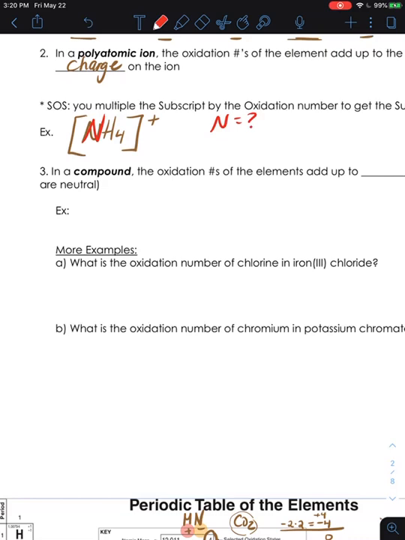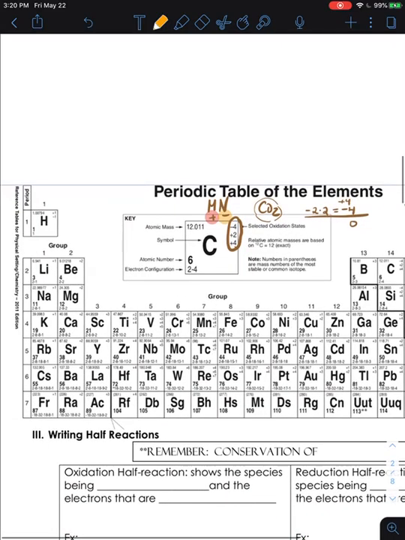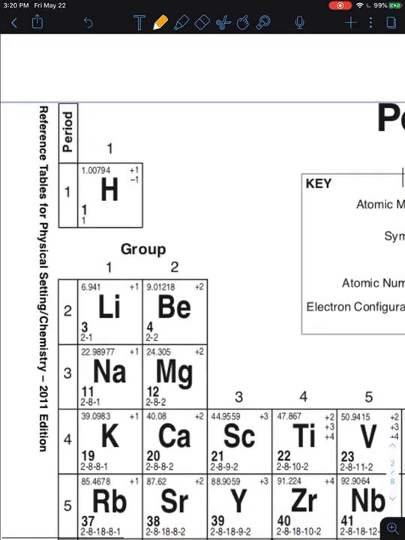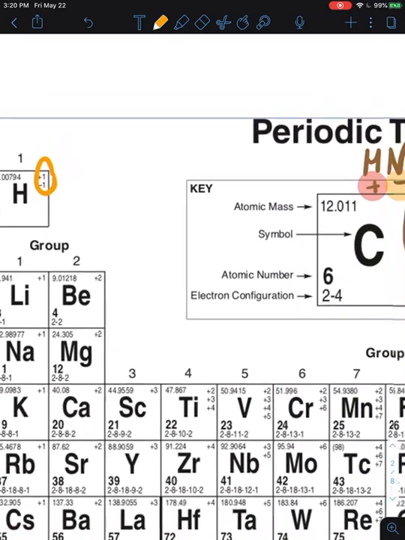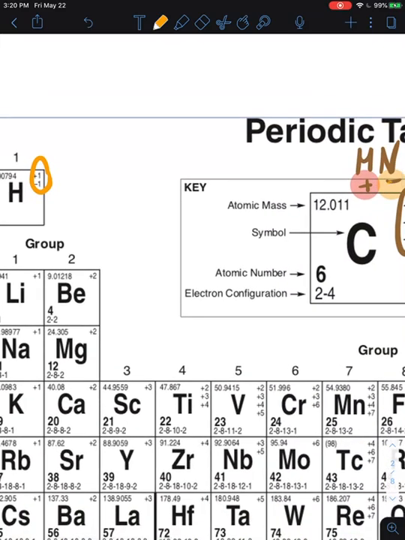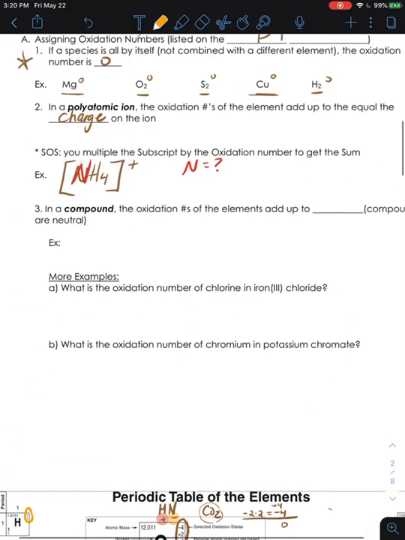Now hydrogen is found over here. Now we have two choices. Okay. The only logical choice is the negative, because the second species is always going to be negative. So now that we know that